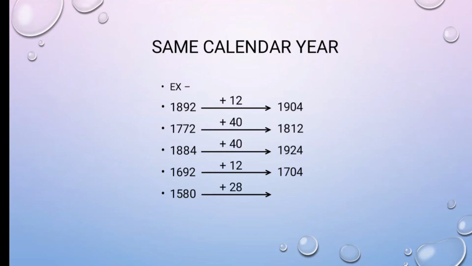For the year 1580, the new year will be plus 28, not plus 40, because here when you go to the new century it is 1600, and 1600 is a century leap year. So this case is again plus 28. So remember, these exceptional cases are only applicable for the century years that are not leap years. How to find out century leap years or non leap years? The century years that are divisible by 400, not 4 but 400, are century leap years, others are non leap years. So that also is the concept that you should know.